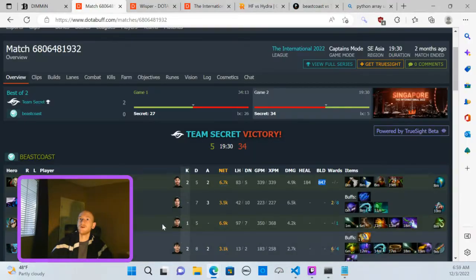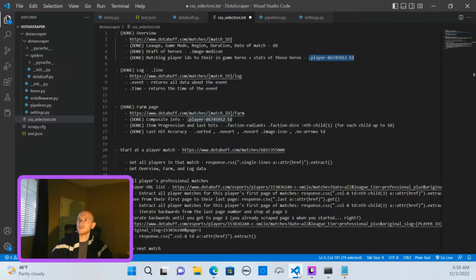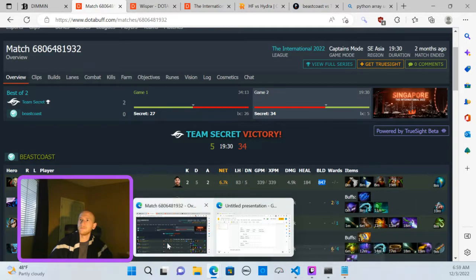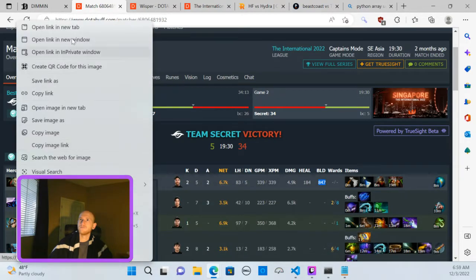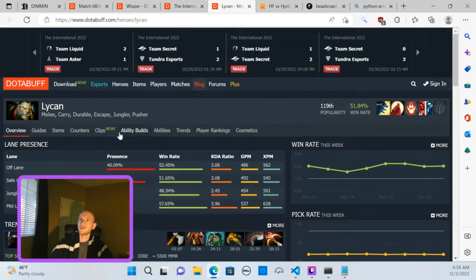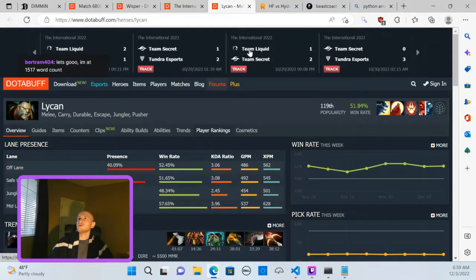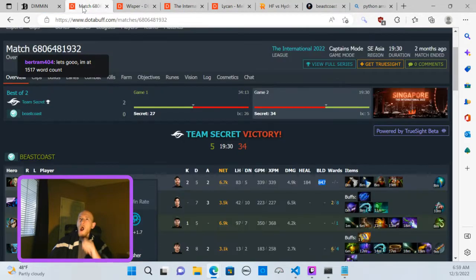Oh, you know what actually is very important to draw? Very first and foremost is going to be the hero that they chose. So let's actually get the hero, and I wonder if there's some way to do hero ID or if we have to do it by a string. If we go to like Lycan, hero/Lycan. So this is the hero that this player chose. In this map, and we want to see